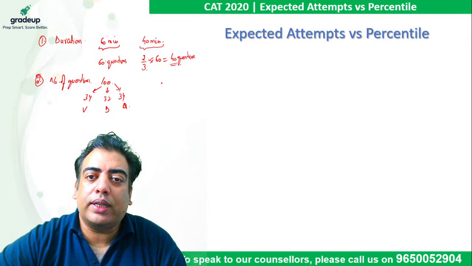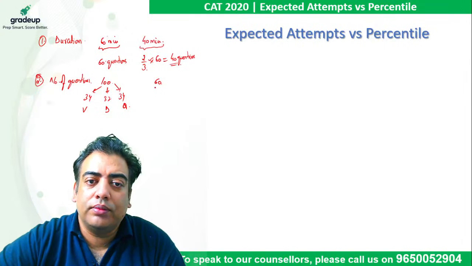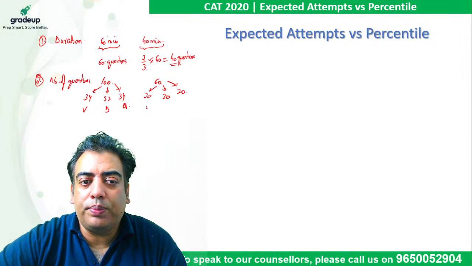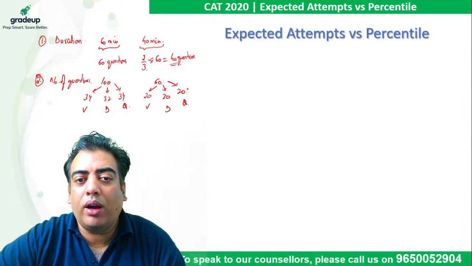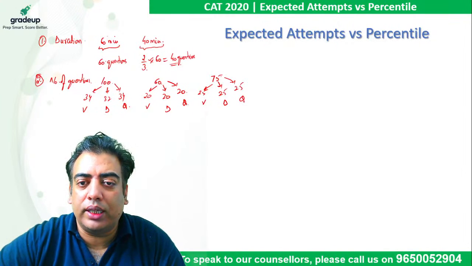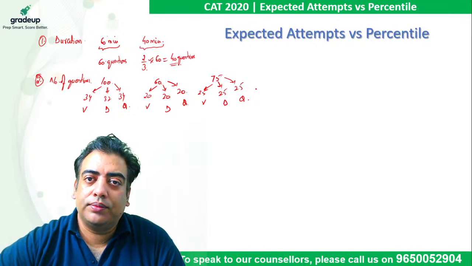Now, when it comes to CAT this year, as we are expecting somewhere around 60 questions, and if the sectional breakup is of 20 questions, we need to build a strategy so that we can survive in the given scenario. Or if we come across a 75 questions paper, which will give me around, let's say, 25 questions per section on an average, then we need to develop strategy accordingly, but based on the observations of previous years, right?